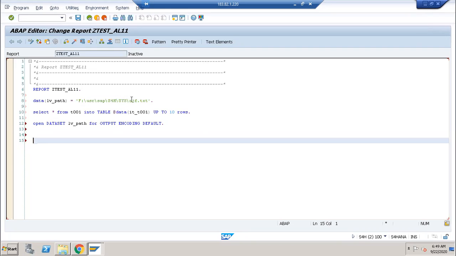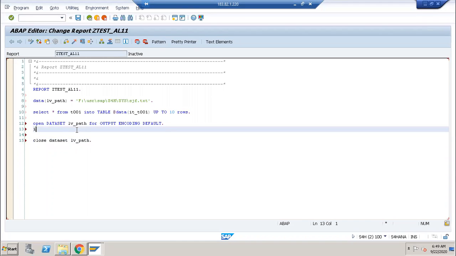In that SYS, I am taking the SJF text file. I am opening that file now and closing here with close dataset lv_path. I am opening the file and closing the file here. So in between these two statements, we have to write the code.